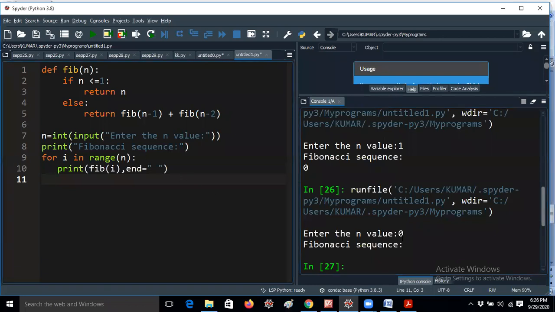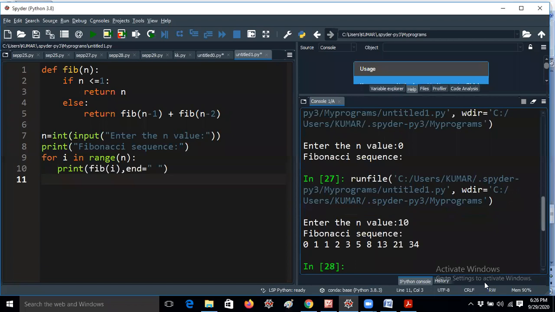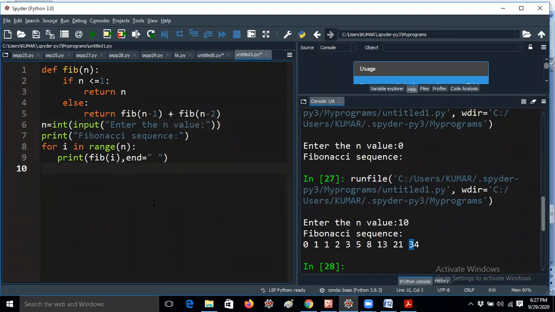Because I am giving 0 only, right? So the series means whenever I am giving 5, 5 elements will be printed. Now I will give 6 or 10 elements, whatever it may be, the program is absolutely fine. Now I'm getting 10 elements. You can find 1, 2, 3, 4, 5, 6, 7, 8, 9, 10. So these are the 10 elements we can find easily. This is called binary recursion. You can reduce the program in this way. If you think like this, is this Fibonacci series necessary? It is not necessary, but it is just like adding beautification to our program. That's the reason I'm adding these lines.